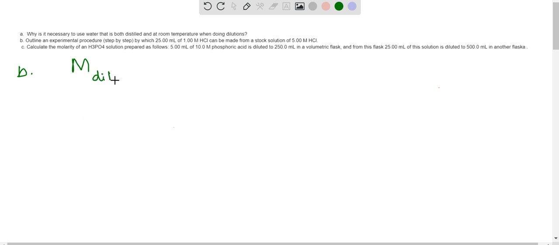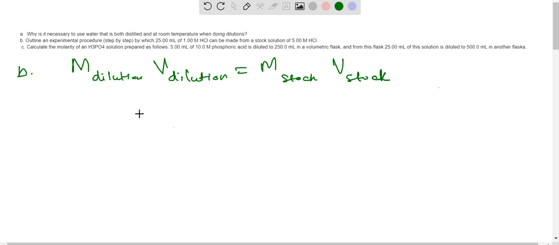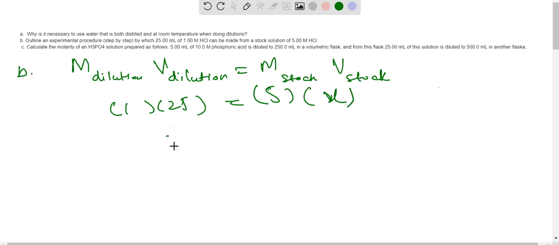M dilution times volume of dilution equals M stock times volume stock. So substitute the values we have: 1 times 25 equals 5 times the volume of stock, which we have to find, so we represent it by x. Solve for x and we get that x is equal to 5 ml. So x is 5 ml of stock